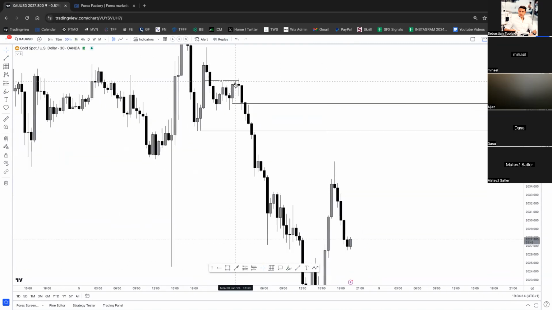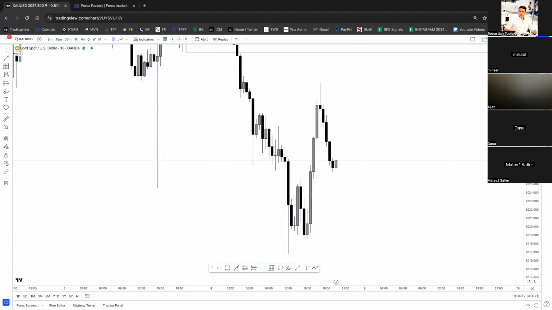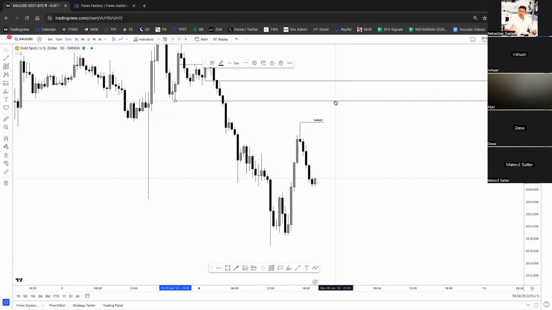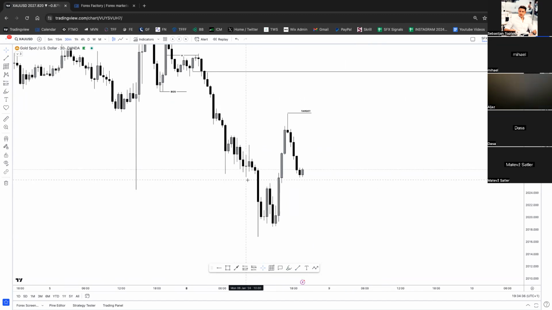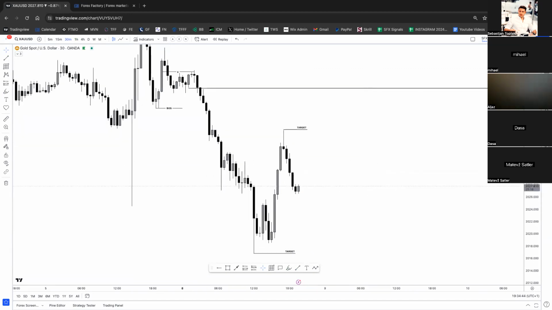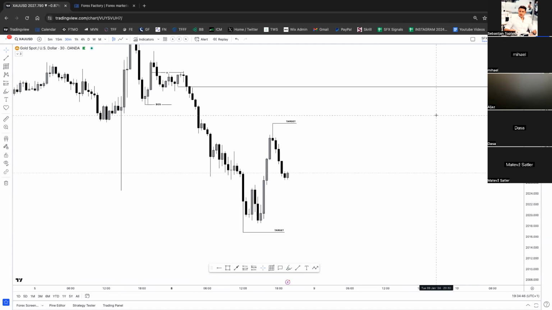Like that. Okay, we collapsed very strong. Okay, we created this possible target. Gonna explain why this is the target. Okay, gonna delete that now. We broke the structure. We had BOS there as well. Okay, and this is the possible target as well. So definitely we have to see some movements and we have to see some more price action development. But so far we have imbalance